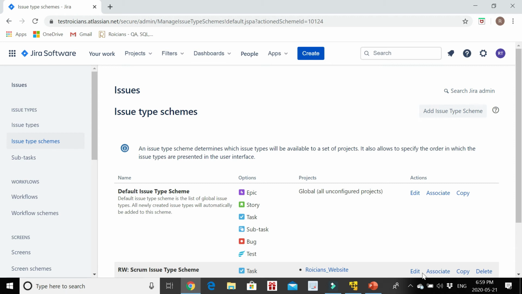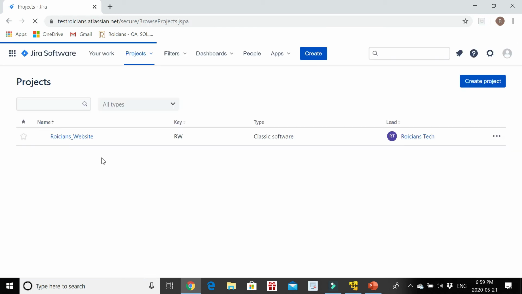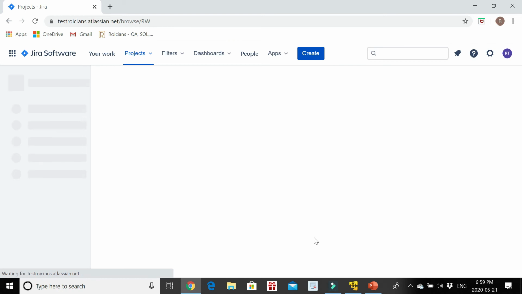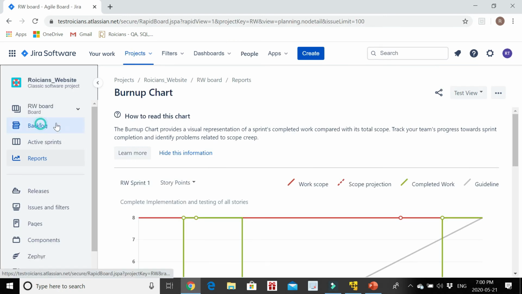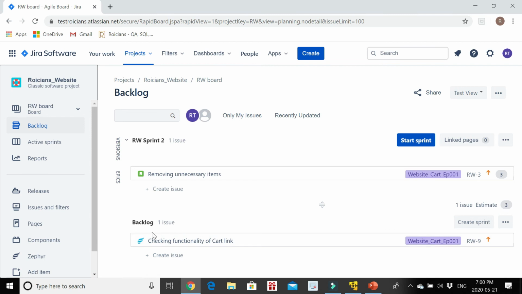Anything which you have created and is not assigned to a sprint will move to backlog. So we will go to our project, click on Jira Software, go to your project and you can check it in backlog. So see, in backlog you get this test case here. You might be thinking we have not written any steps. How come this is a test case in which there are no steps, no expected result? So guys, yes, when you are creating an issue, at that time you are not writing any steps or expected result. But when your test case is created and it is moved to backlog, you can update it and write down the steps in it.